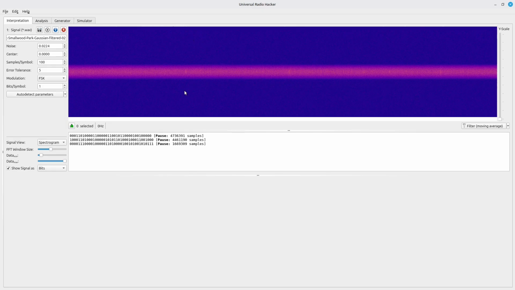The other thing that Universal Radio Hacker doesn't allow you to do is set the frequency to shift it to 0. Without that shift, if you have it either 25 kilohertz offset above or below 0, it's going to turn into a DC offset when you go into the demodulated view. Again, it's just another step that you have to remember to do, just a little bit more of a pain. Since I was doing the filtering in GNU Radio Companion, why not just go ahead and do the frequency shift, make it 0, and everything's good.